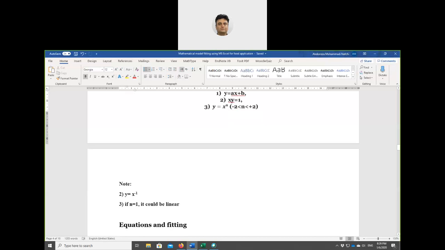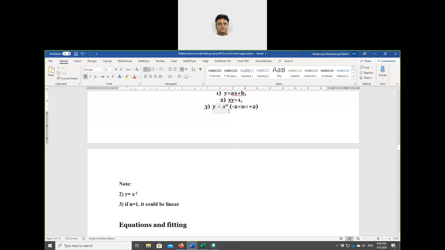It's not written as a function. If you write it as a function, y is equal to x power minus 1, it's not linear. But the third one, n between minus 2 and plus 2, if n equal to 1,